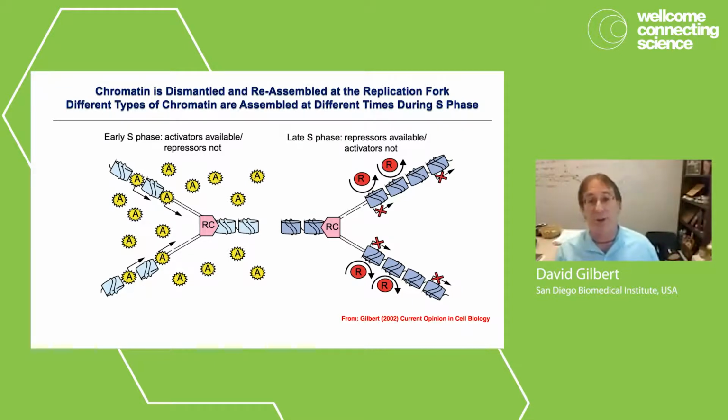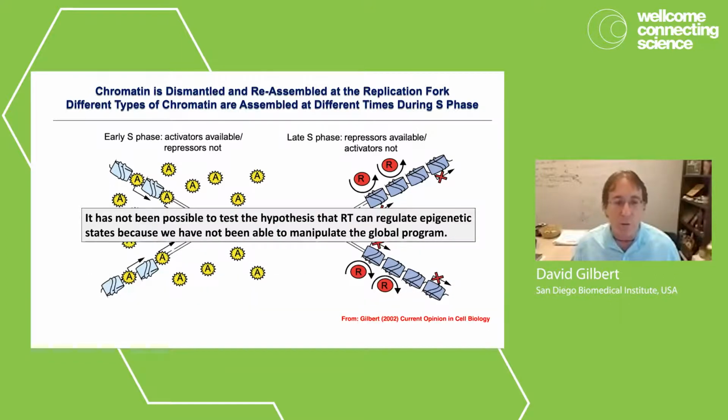Okay, so all of these genomic studies, of course, are correlations. They don't tell us anything about the causality of replication timing to disease. So does replication timing actually influence chromatin? Is there a causal relationship there? And as I told you, it hasn't really been possible to test the hypothesis that replication timing can regulate epigenetic states because we haven't had rigorous ways to manipulate the program. In fact, we looked at lots and lots of different types of chromatin regulators, and the result was either no effect on replication timing or very localized effects on replication timing. So what I'm going to show you is that has now changed, and we can now begin to address this.